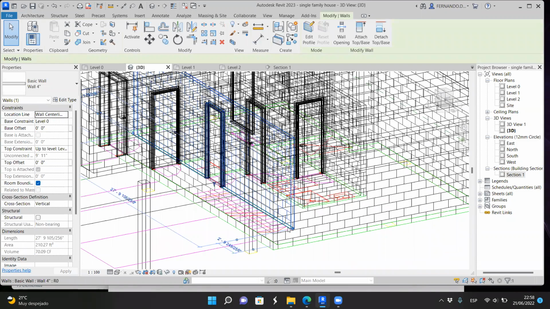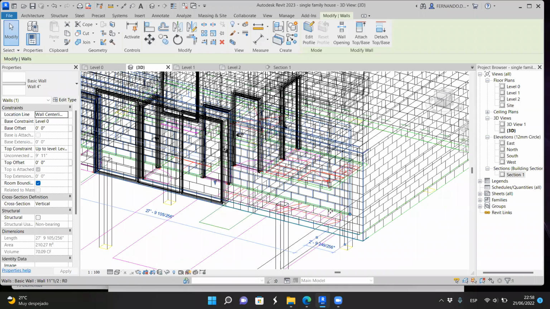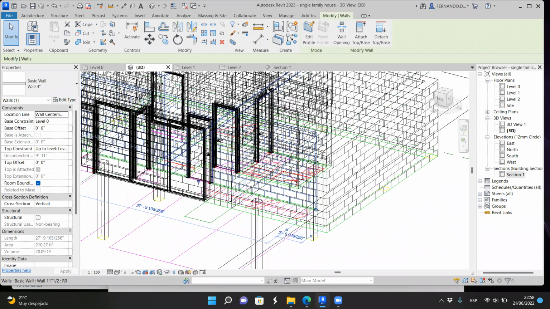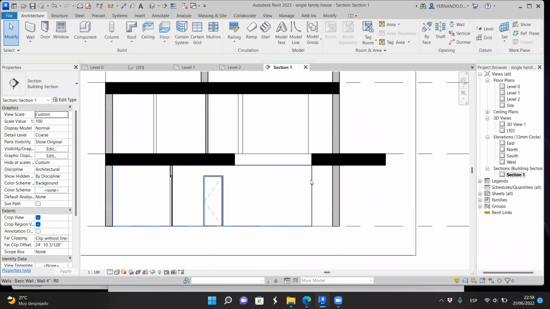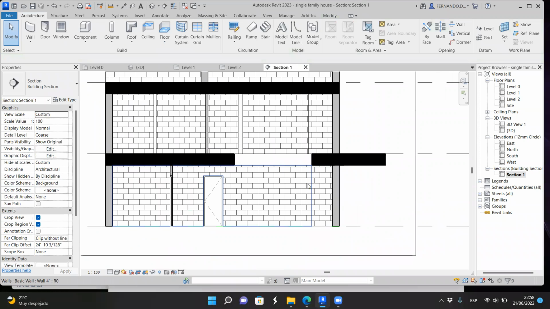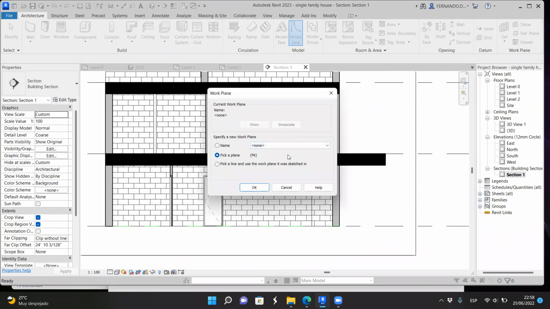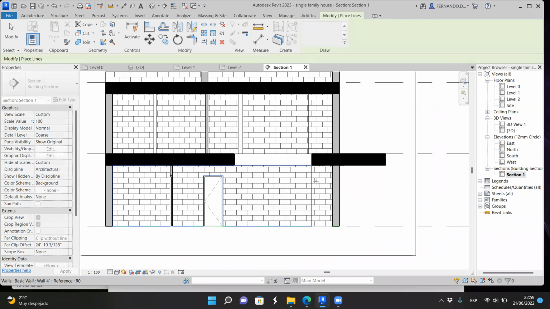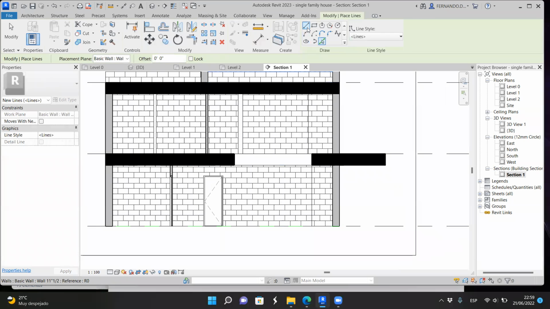You see, this is the plane in which I'm going to start drawing lines. Okay, so in section 1, I'm drawing on that plane, and on that plane, I'm going to start drawing model lines. I pick a plane, and I'm going to pick this one. You see that we can select a line, but if I hover the mouse, then the plane is highlighted. So I'm going to use that plane, and now I'm going to draw a line,